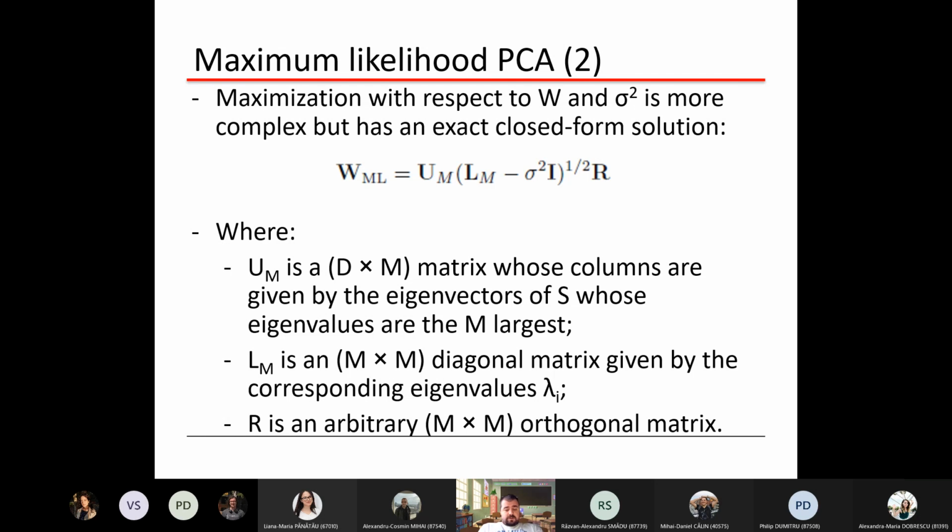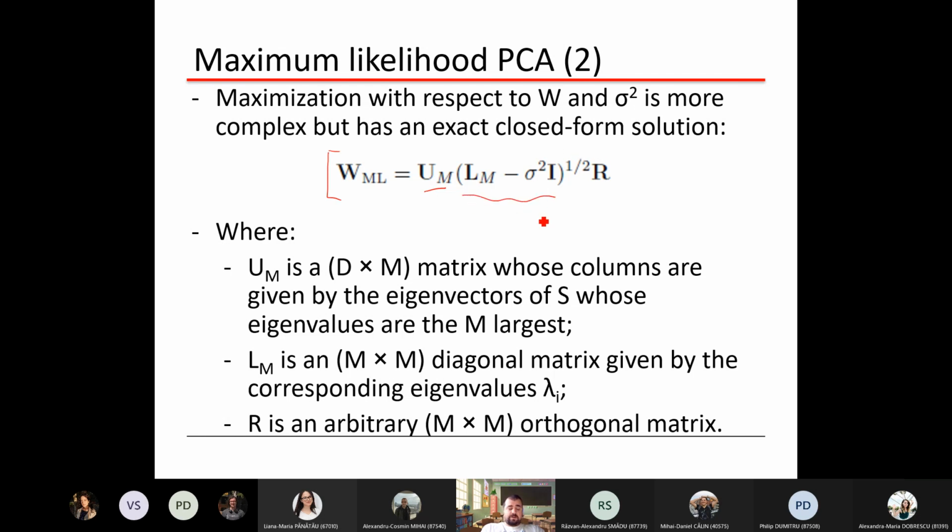This was the derivation with respect to the value of mu. The derivations with respect to W and sigma square are more complex, but have an exact closed form solution that looks like this. The W maximum likelihood will be UM multiplied with LM minus sigma square,